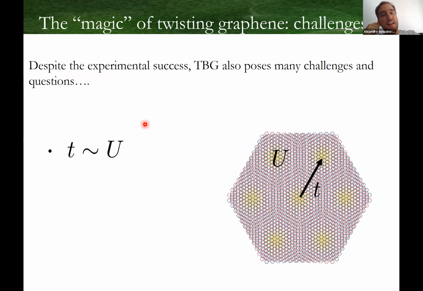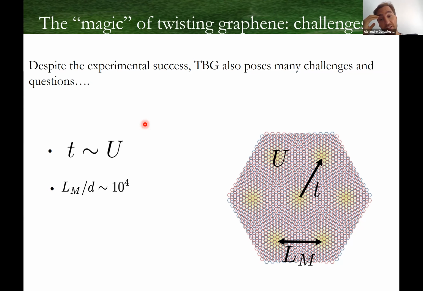On the theoretical side, what makes these systems interesting is the fact that they are strongly correlated, so that the effective tunneling in these new Moiré cells is of the order of the on-site energies. This makes these systems also very difficult to study. It's kind of a trivial statement, but it's difficult to study. Also, the fact that this magic angle behavior occurs for such small angles, of the order of 1 degree, means that the Moiré cells are huge. So they are 10 to the 4 lattice sites in units of the